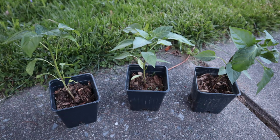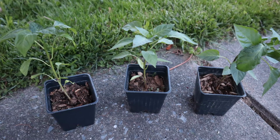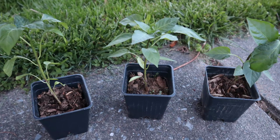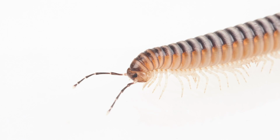Right, the tallest pepper seedlings that I have ever grown before planting them outdoors. Just really happy, really blown away by the results. Right, I didn't notice any obvious nutrient deficiencies overall. Overall, the insects, other than a couple of centipedes that I found and I put back outside, there weren't any